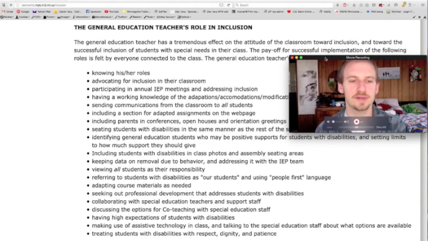And when general education teachers do that, it feels so much more inclusive. It opens up the door for conversations. It's not this taboo, oh, we're gonna have to adapt something. No, it's part of the culture that yes, we are okay with making adaptations and including everybody.